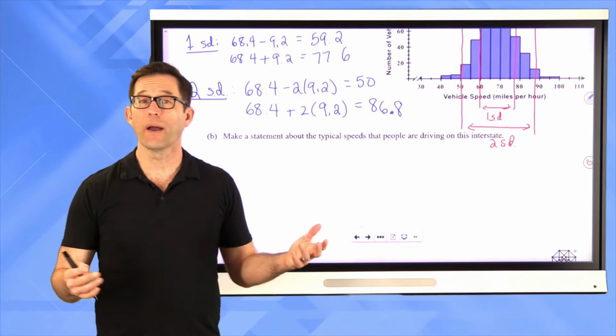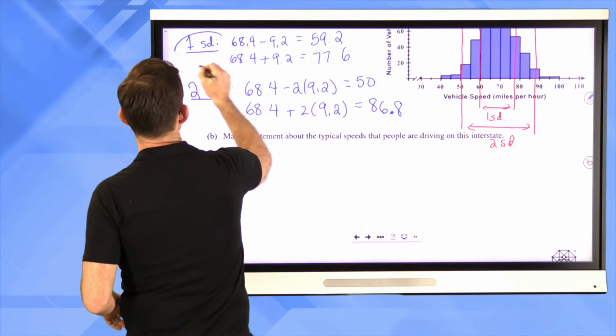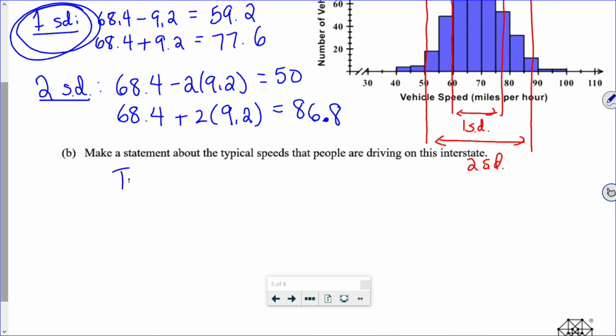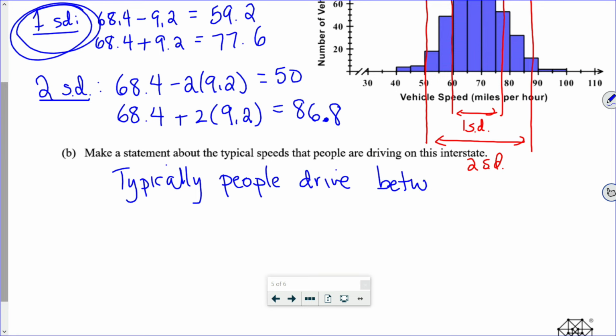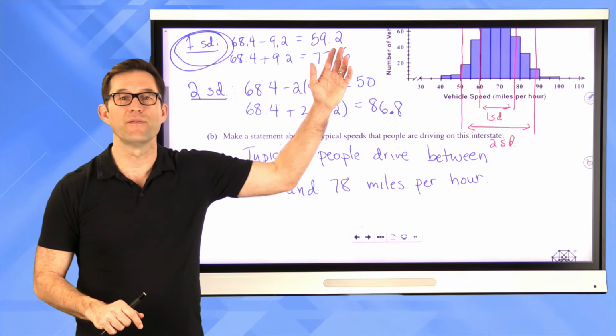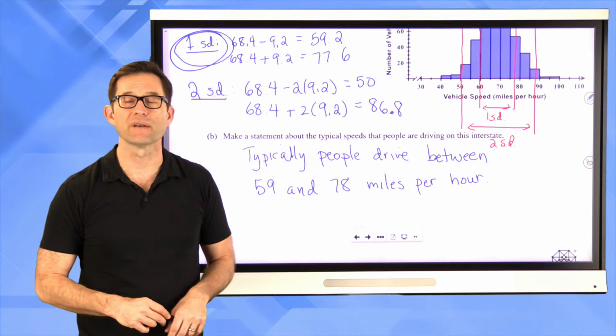All right, so what I would say, again, it's all about 1 standard deviation. That's the typical speeds. Typically, people drive between 59 and 78 miles per hour. Now, I don't think that you'd miss any points if you said 59.2 and 77.6, but oftentimes